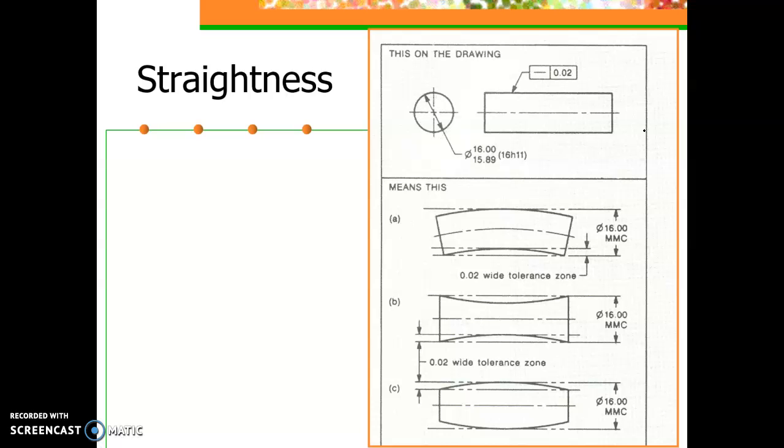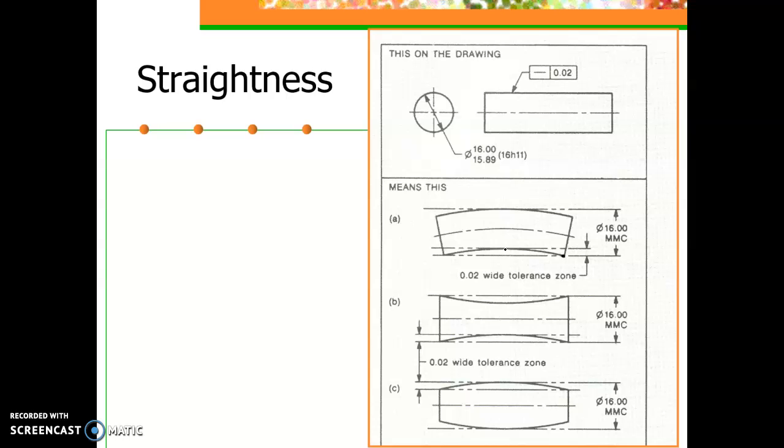Here we have a cylinder, and we have this geometric tolerance symbol on it, indicating that it needs to be straight within 0.02 inches. So we might think, well, of course a cylinder is straight. But think of all the ways that it could be not straight. It could bend, it could have a little bit of a bow to it. And so in that case, if we were to measure from, for instance, this lowest point right here at the corner